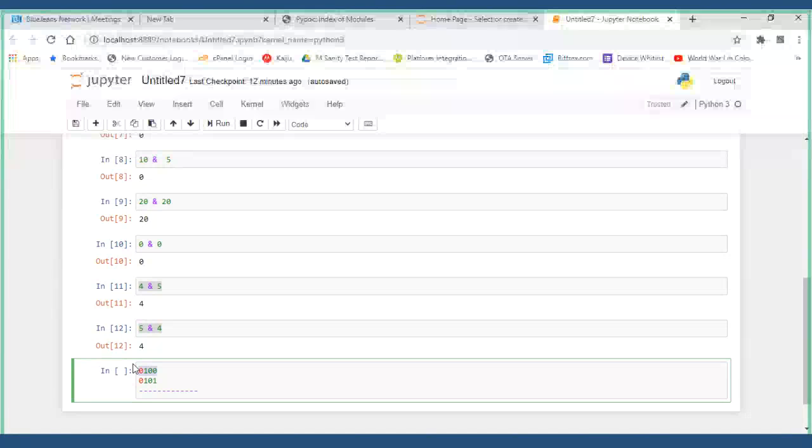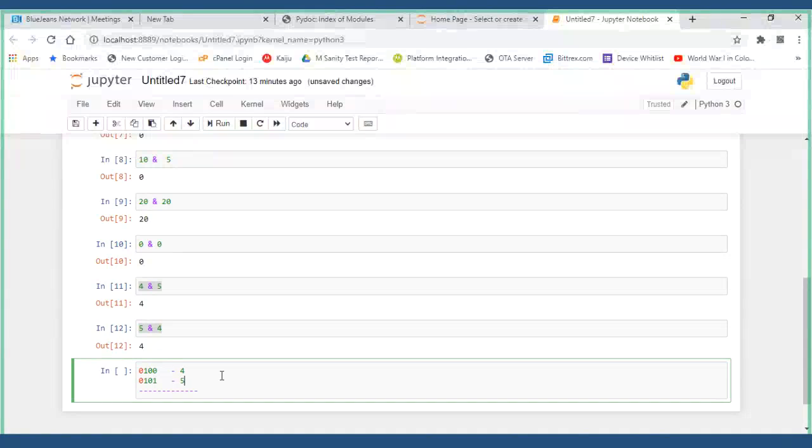Okay, and what you are doing is 0 0 0 1 0 1 0 0, which is 4. The first bit will be 0, the second bit will also be 0, and the third bit is 4, which we put. 4 will be represented in binary as 0 1 0 0. And 5 will be represented with one more 1 in the last bit, because 4 plus 1 is 5.